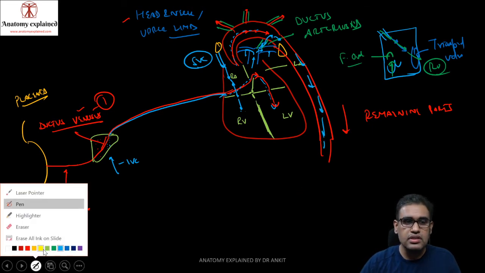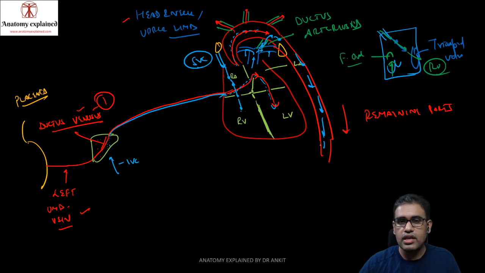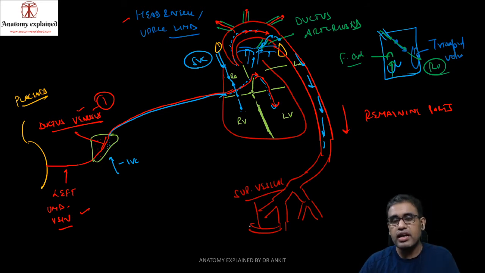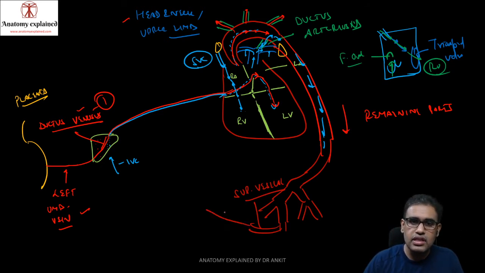And finally, this vessel over here is the descending aorta. In adults, at the level of L4, it divides into the common iliac artery, which will divide into the external and the internal iliac artery. From this internal iliac artery, you have a superior vesical artery, which goes to the upper part of the bladder, and its distal portion is actually forming the umbilical artery.